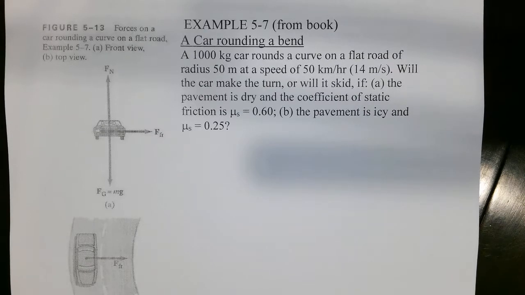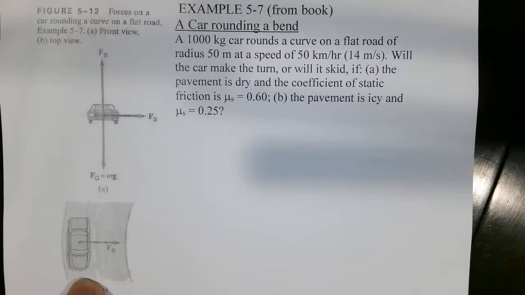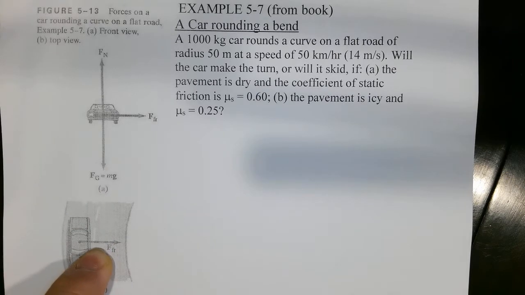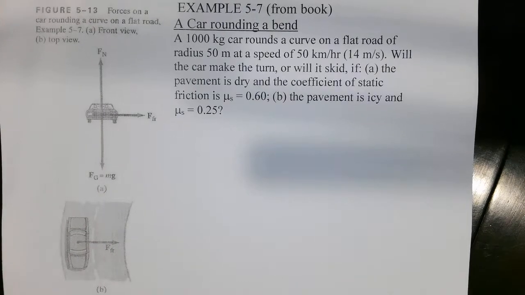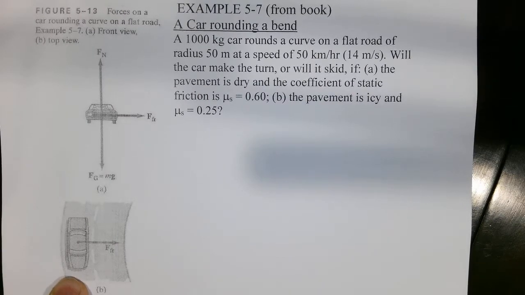When we have a car that's going around a curve, this is from the front view and this is the bird's eye view. The only thing that's really keeping your car in a circular path is the friction between the tires and the road. Now, if there were no friction,